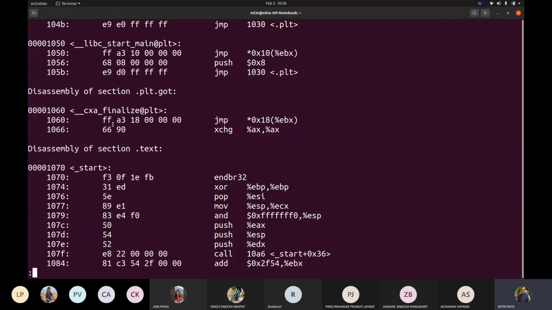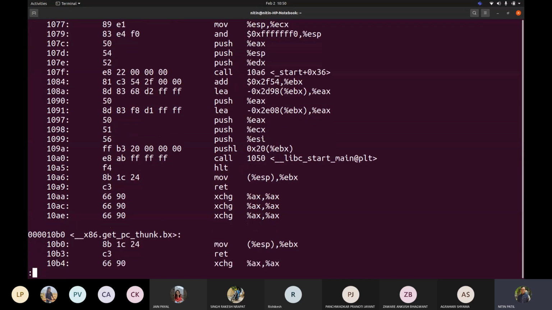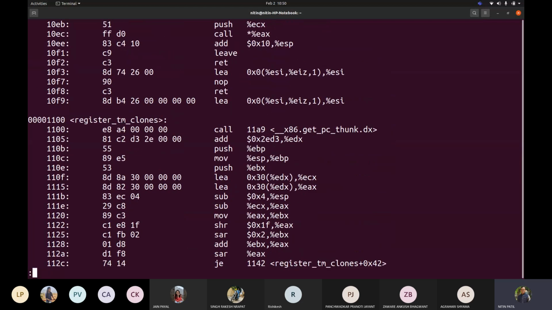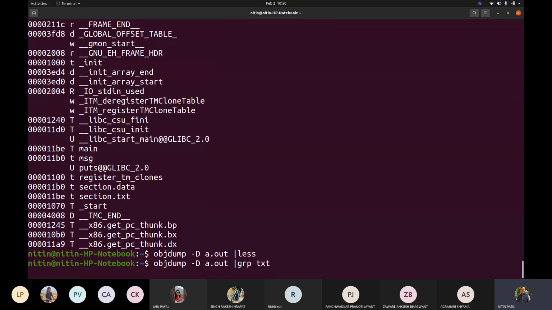Now it says section.txt, correct? So am I able to see txt now? Okay, it would be better if we go with grep txt.